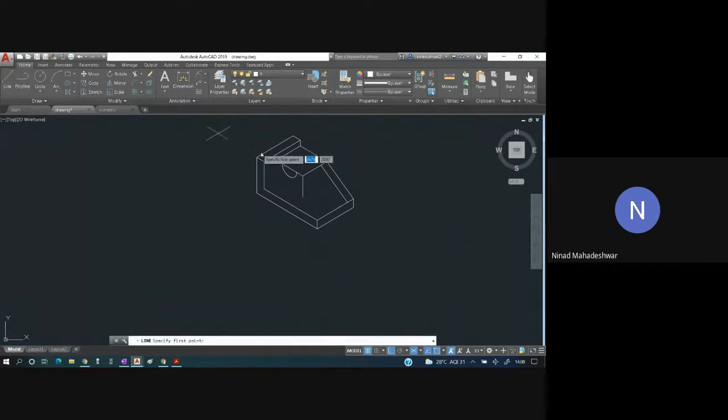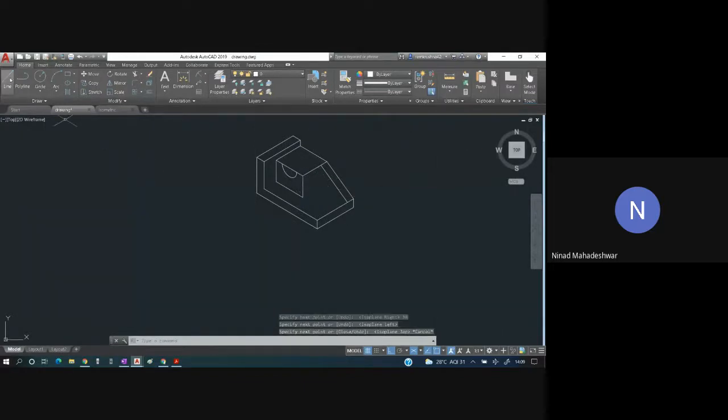That means we will complete this entire rectangle. So the height of the rectangle over here was how much? That was 30. The breadth of the rectangle over here was 44. Similarly, from here you will go inside.